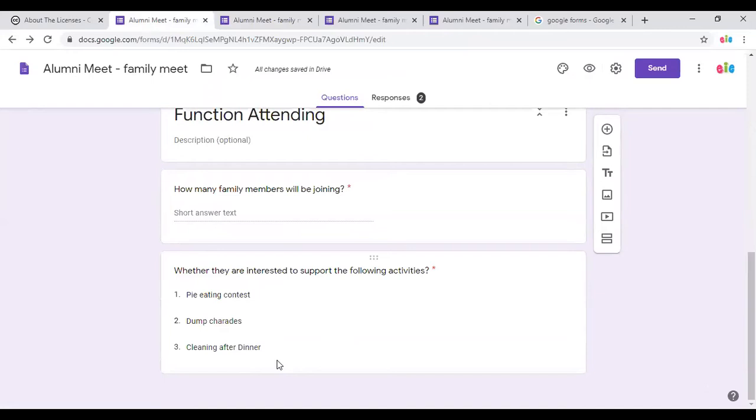So a better way to do this is, we use some add-ons. See, there are three options listed. We require an equal number of volunteers for all the contests. So if everyone is interested only in one, say, and they don't choose other things, then it will be a problem for us. So to equally distribute the contests, we're going to use something called add-ons.